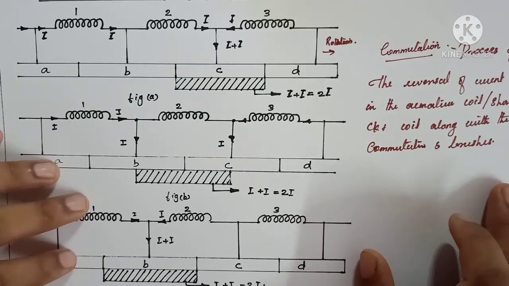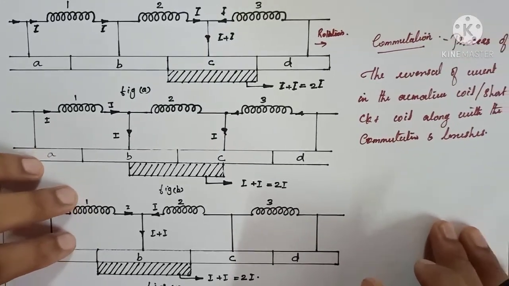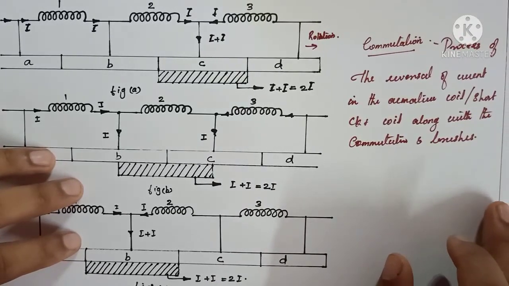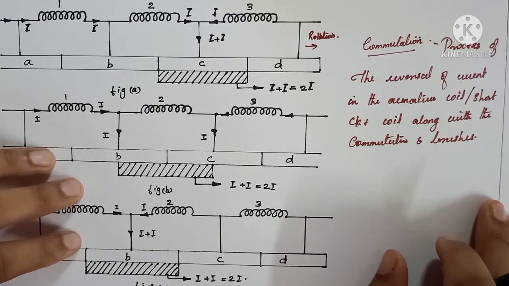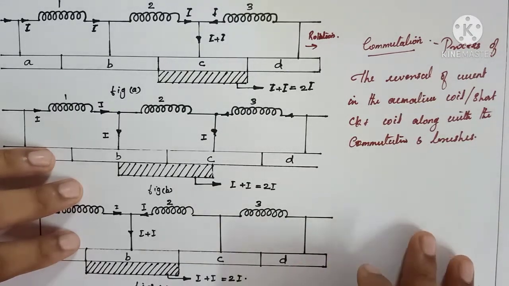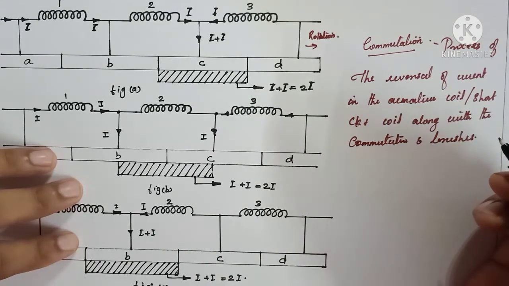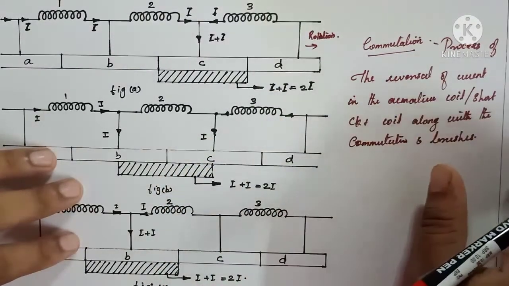Next we will see what are the reasons for the delayed commutation. Delayed commutation means the reversal of current is not taking place within the specified time, and then we can say that it is a poor commutation. That may be due to sparking at the brushes, and already we discussed that it can be due to electrical reasons or mechanical reasons. Reasons can be the large current density at the trailing edge of the brush, the generation of voltage in the commutator segments, or the unequal distribution of commutator segments. That can be the mechanical reason.